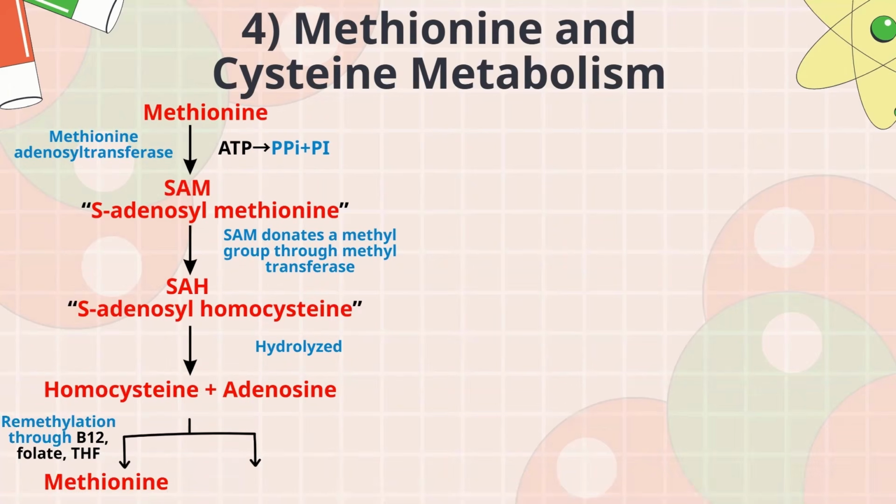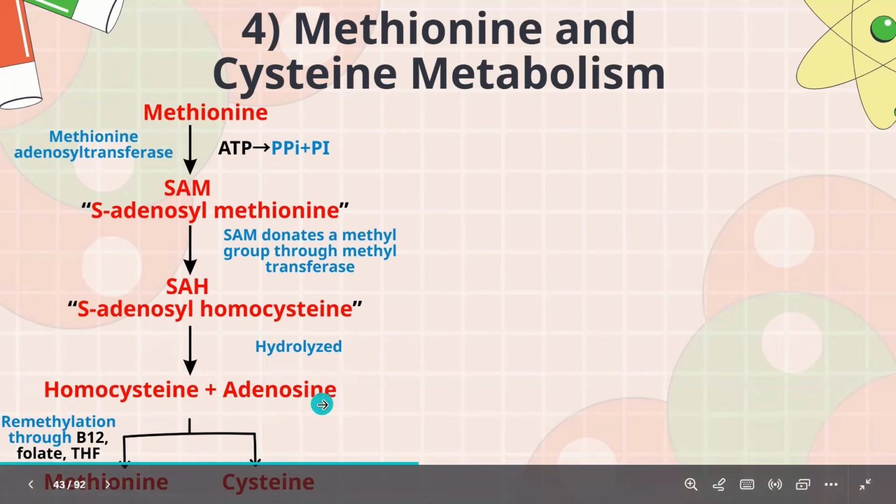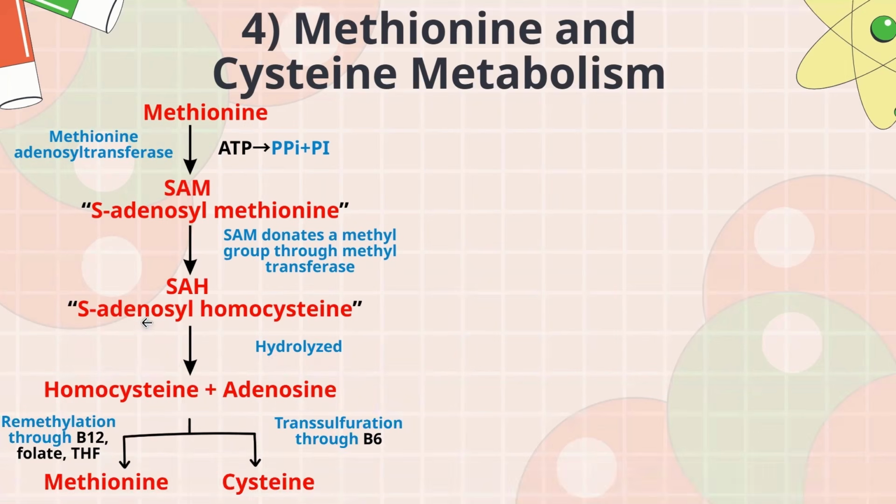And apart from remethylation, it might do a step called transsulfuration into cysteine. Transsulfuration uses B6. So I imagine that because remethylation needs to generate methionine, it needs to use a higher amount of vitamin, so it uses B12. While here, because I imagine it's going to continue the cycle, it's not going to use as much, so it uses B6. That's how maybe I remember it. I hope this helps. And eventually, after that, we have cysteine.